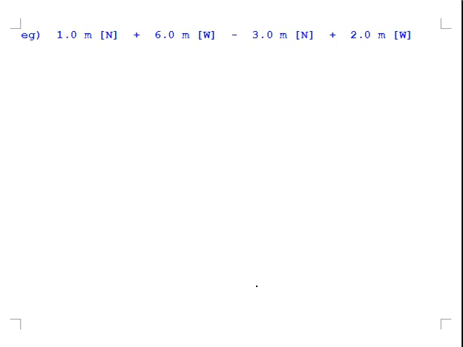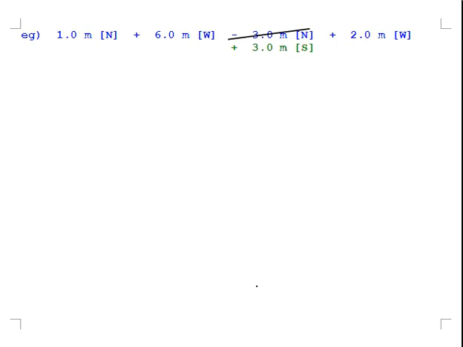What about if you move more than just 2 different directions? What if you go north and then west, and then you subtract a north and you add 2 west? Hopefully there's something you can notice in there right away where you go, nope, I don't like that. And that's the subtraction. So that's maybe the first thing I would do. Looks like we're adding some things, but then we've got that silly little subtraction in there. We don't actually subtract. Cross it out. We add the opposite. So we've got 3 meters south we're going to add instead of subtracting 3